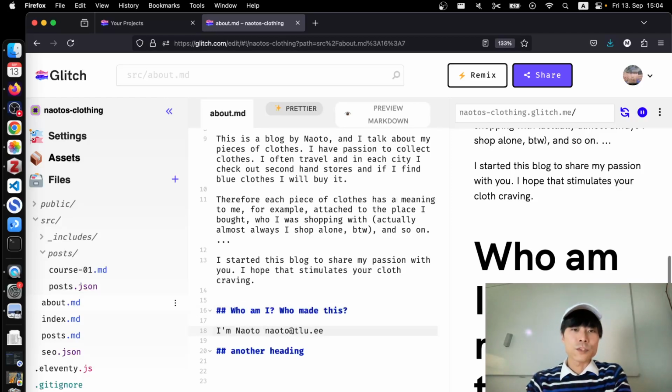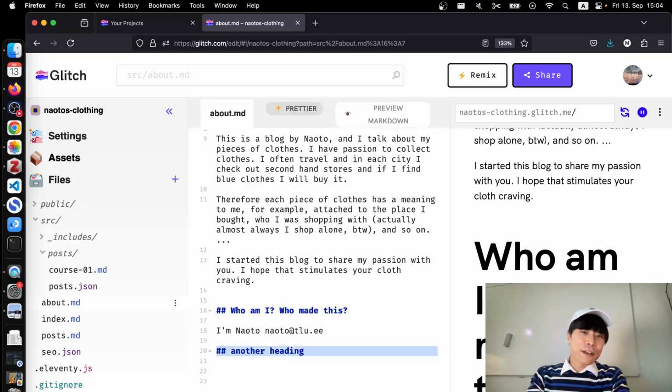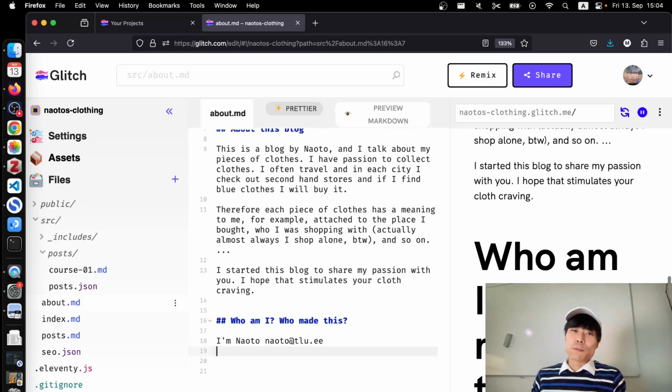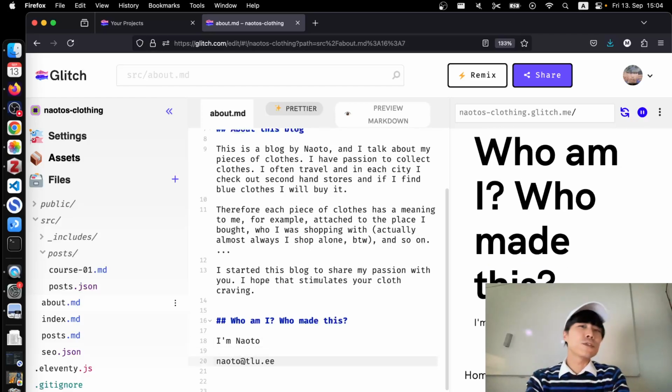It's a good opportunity to show who you are, so that it's not an anonymous page. Of course, if you are some kind of artist, like you want to be a Banksy or something, you want to hide your identity, maybe you don't want to write about it. But if you're a normal person, probably you want to tell a little bit about who you are. And it's up to you if you want to add your contact. You can reach out to me